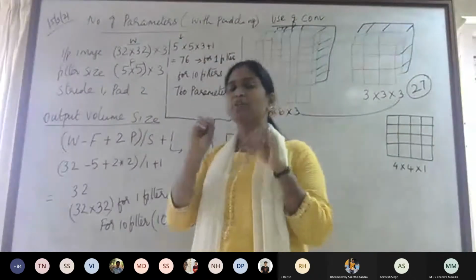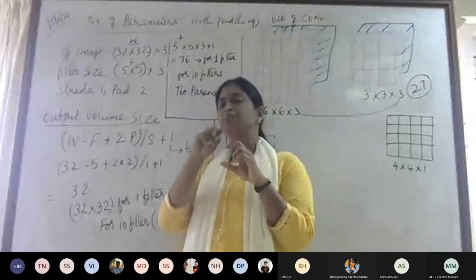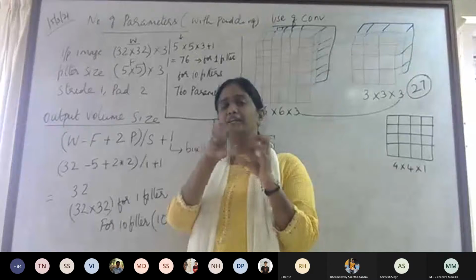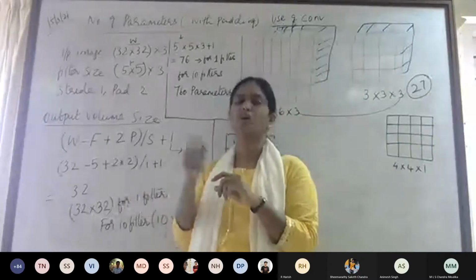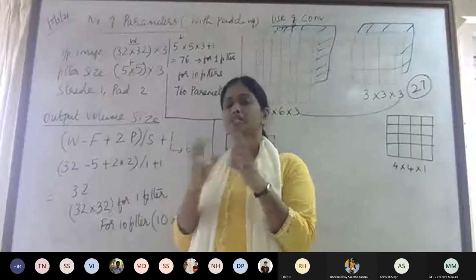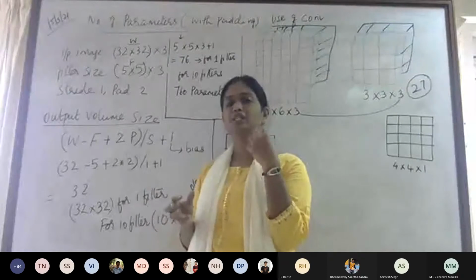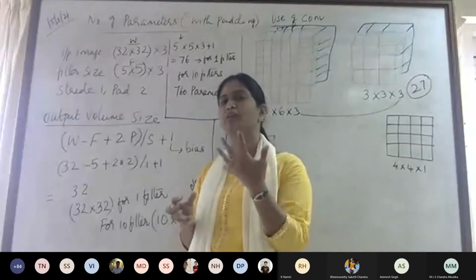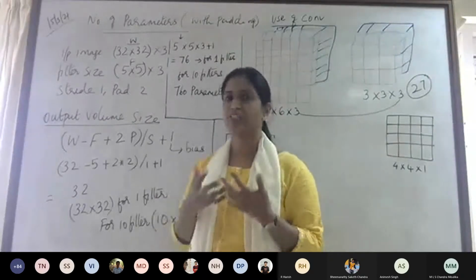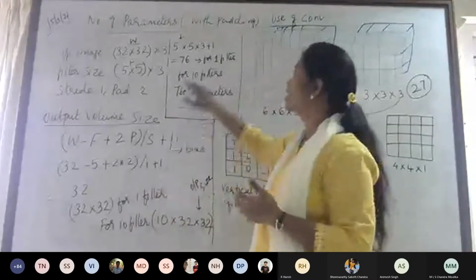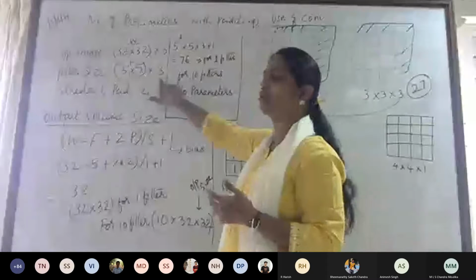What is meant by parameters here? When you say parameter, it is actually the information content that is coming out finally, which helps for the recognition or classification or pattern differentiation, whatever you are trying to do. So the parameter means the information or input attribute or characteristic feature that helps you to perform the classification or recognition operation. Now in your filter, you have 5 cross 5 into 3.